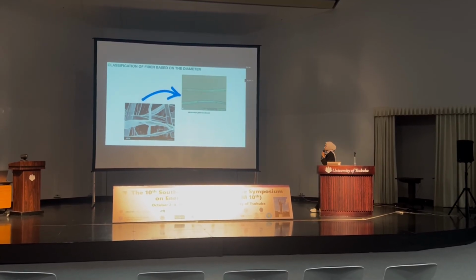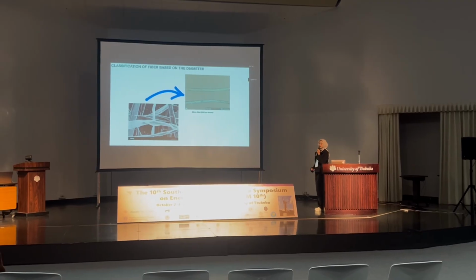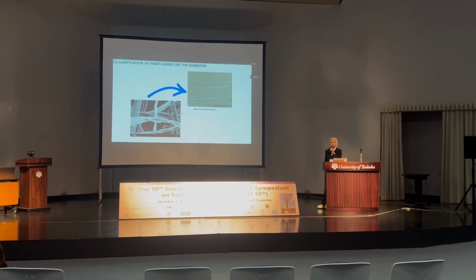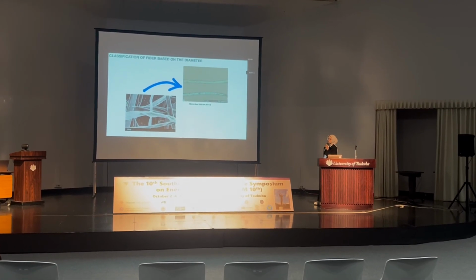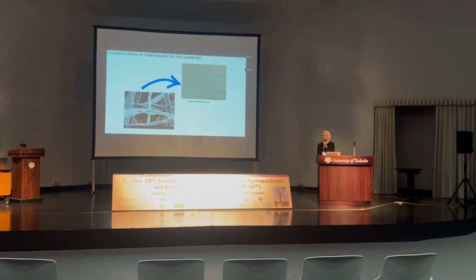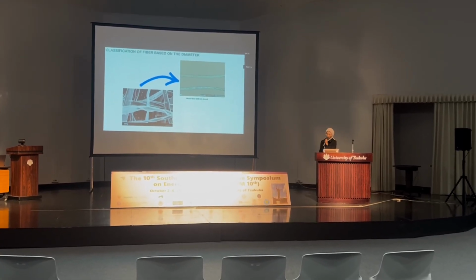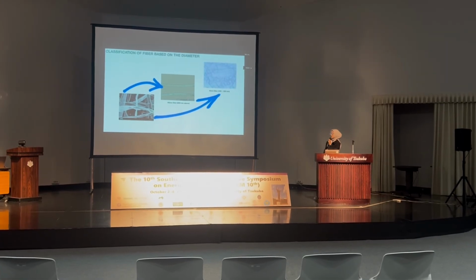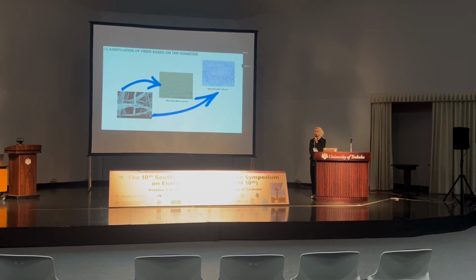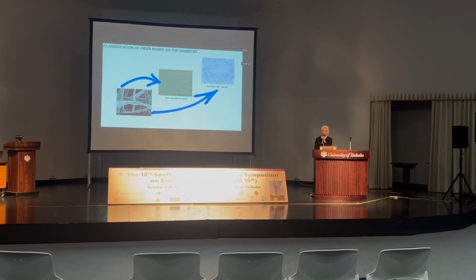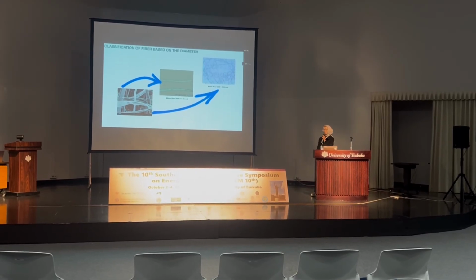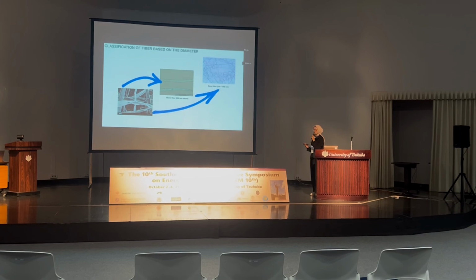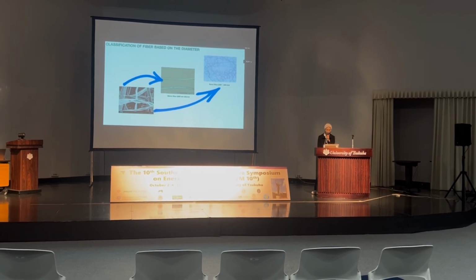The first one is the microfiber, which has a diameter of around 500 nanometers and above, and usually it is used for textile material such as shirts and t-shirts. The second one is the nanofiber, which has a diameter between 100 nanometers to 500 nanometers. Some examples of the application of the nanofiber are filtration and the medical field.